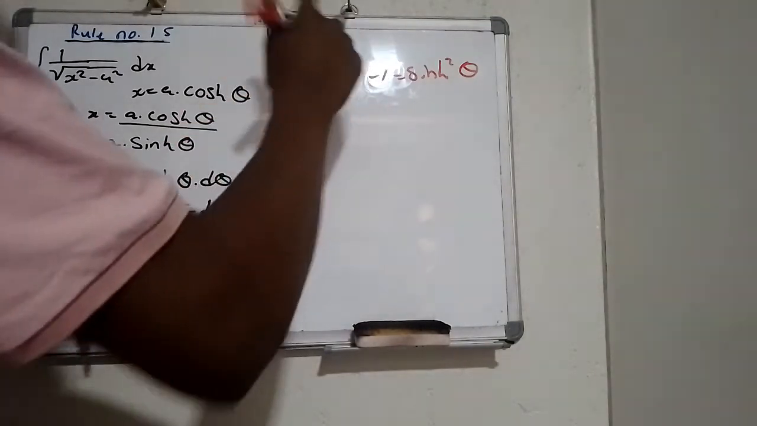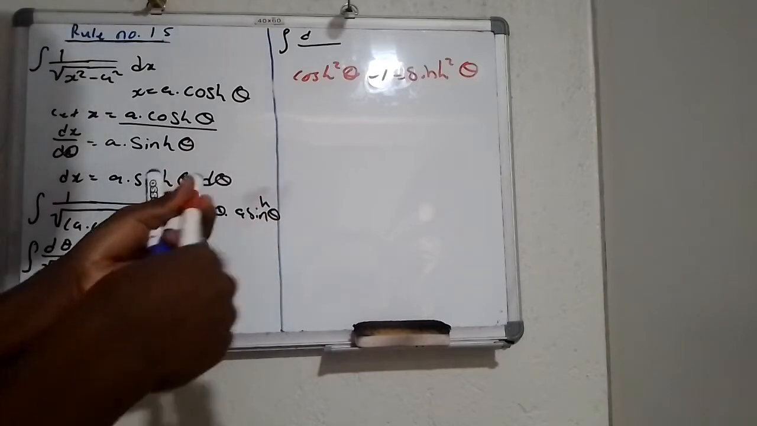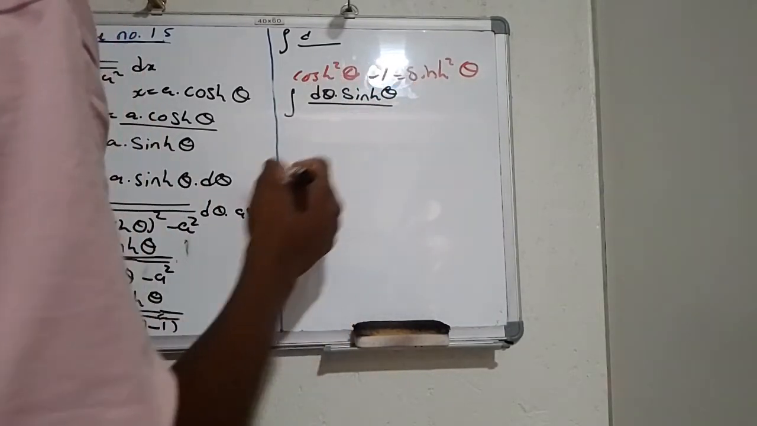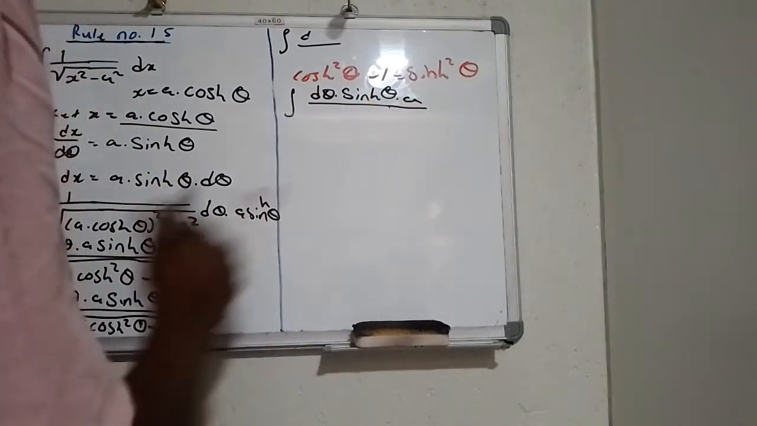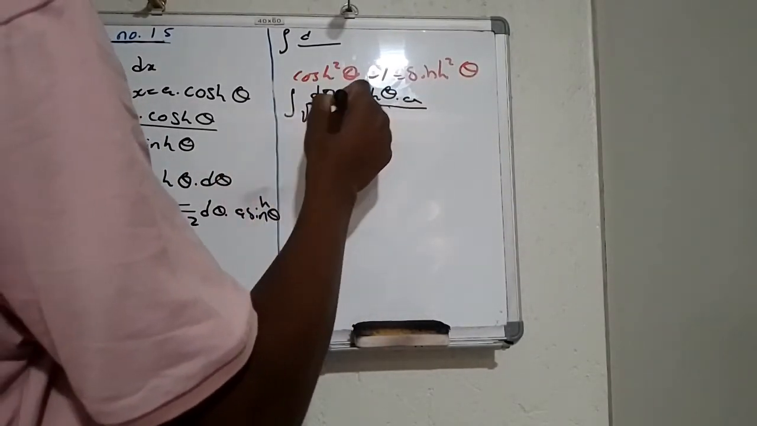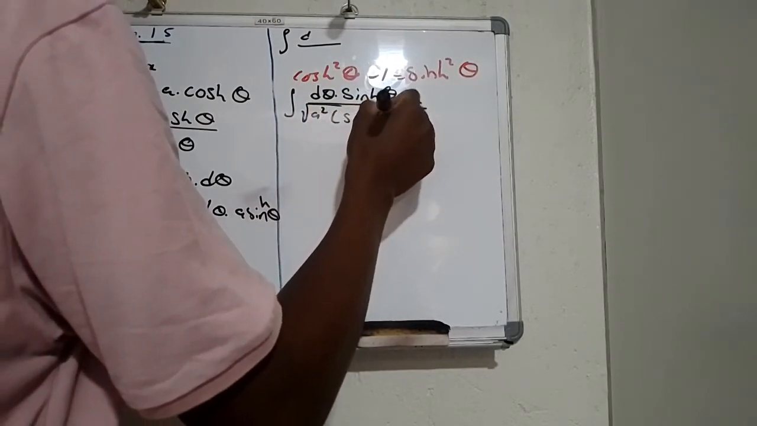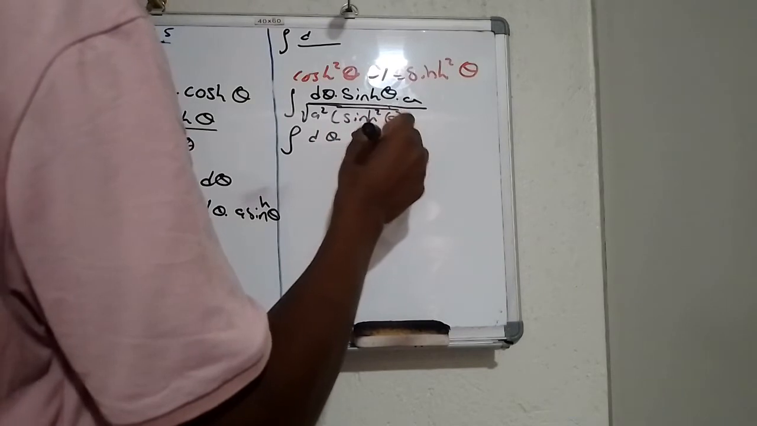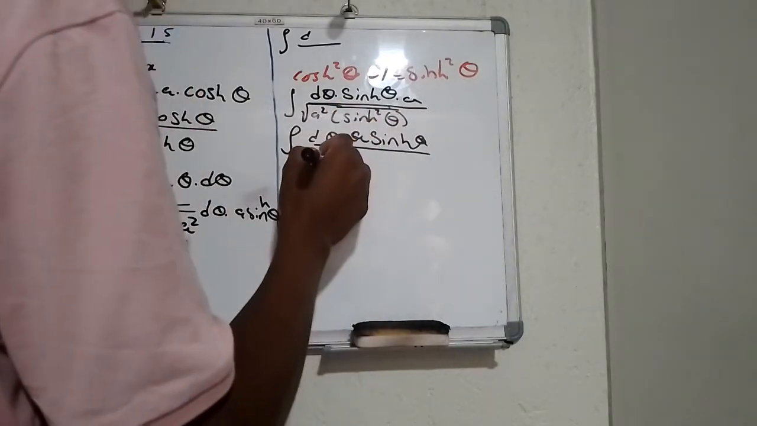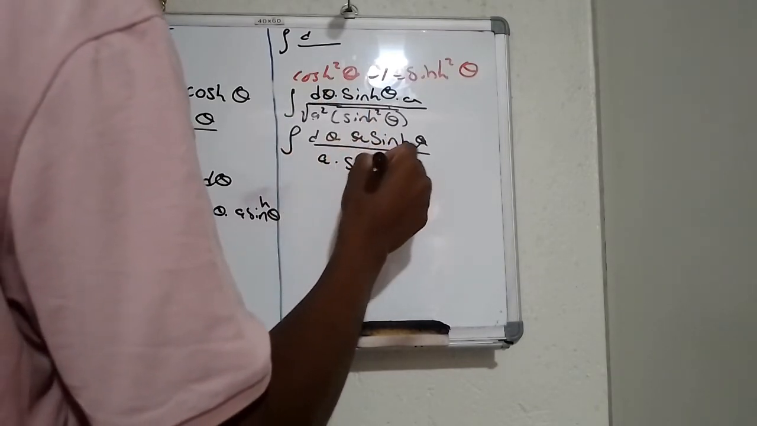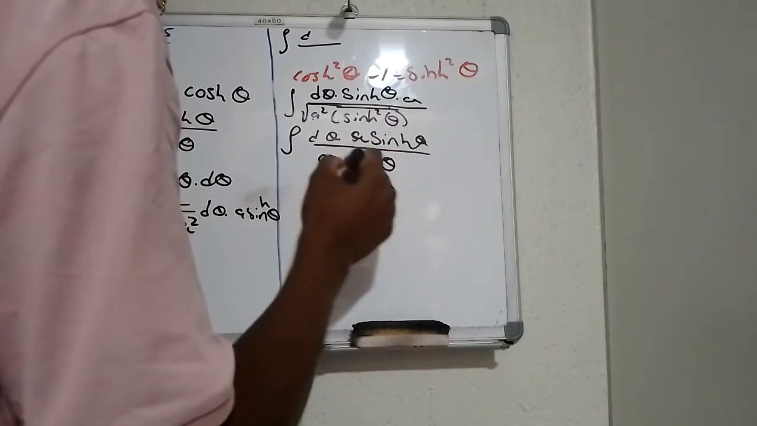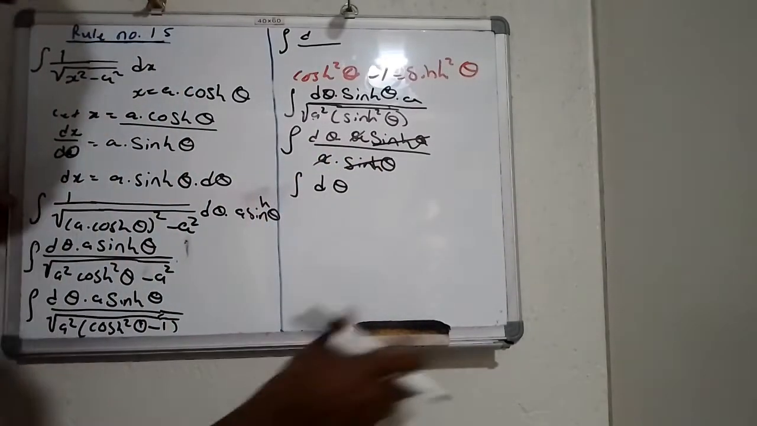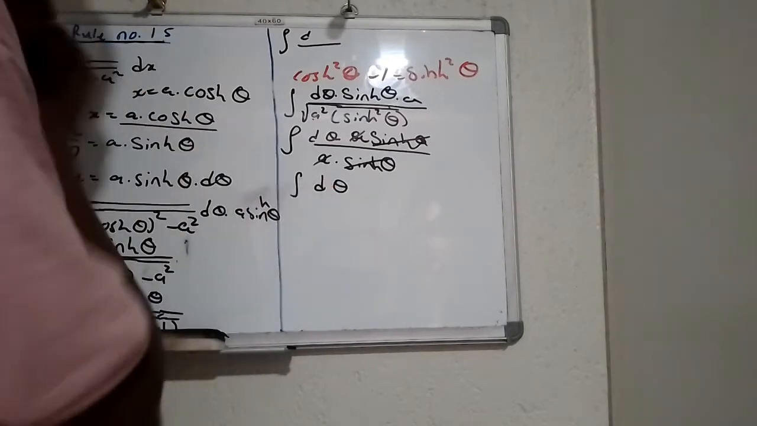So now, here I can substitute and say the integral of d theta multiplied by hyperbolic sine of theta all over a squared into hyperbolic sine squared theta, right? Then I'll have the integral of d theta multiplied by a hyperbolic sine theta all over a multiplied by hyperbolic sine of theta, squared. And hyperbolic sine of theta will cancel hyperbolic sine of theta. A and a will cancel each other. I'll be left with the integral of d theta. Right? The integral of d theta, it is